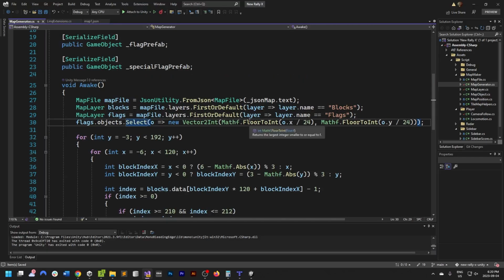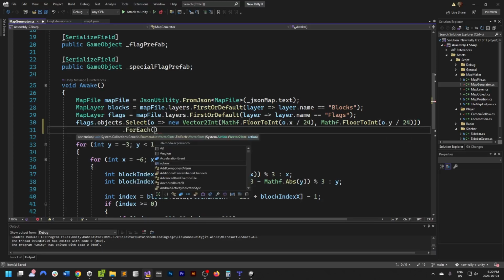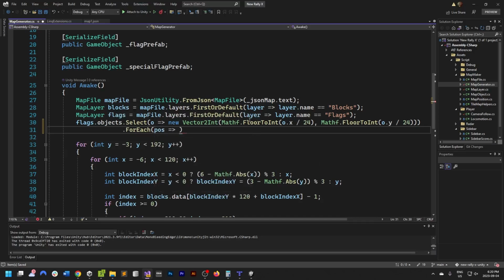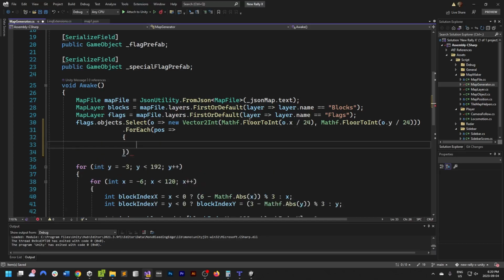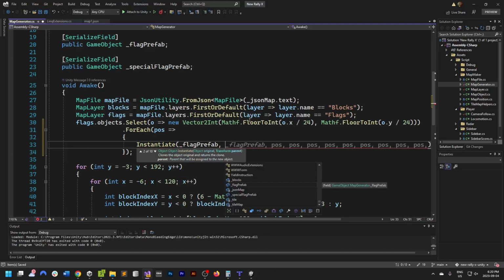So instead of having dot select and then dot to array, I can just do this all in a one-liner. Dot ForEach, and then I can specify position, and then for each position, I can then say instantiate flag prefab, and then it's going to be